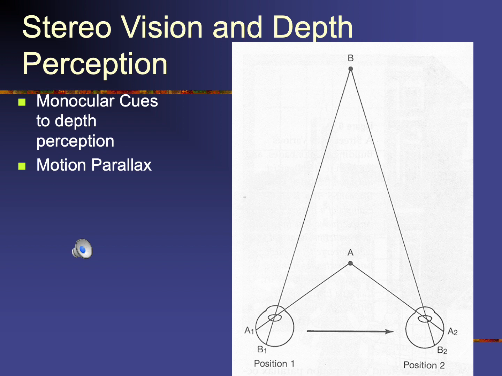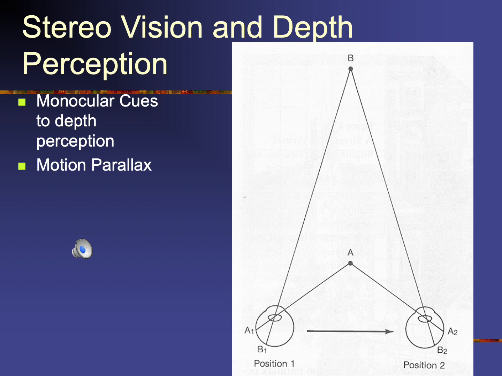Okay, the final depth cue I'm going to review is referred to as motion parallax. Parallax refers to different images on your retina depending on how your eye is positioned. As we walk along, as our eyes move in space, near objects are going to have a different impression on the retina than far objects. This is a schematic of one eye as you move it back and forth. You can see where object A, or position A there, is going to have a different location on the retina